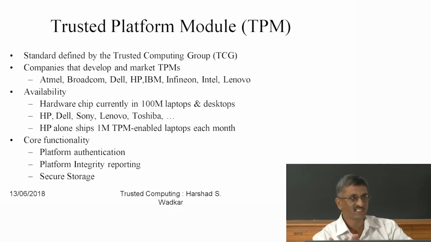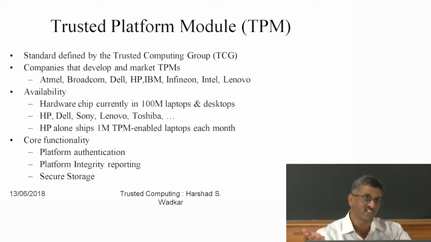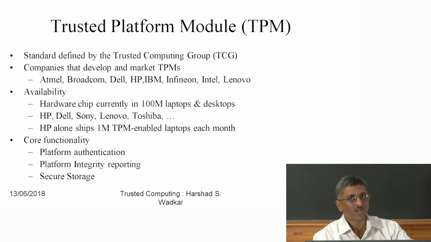From where can I get this? I need to store hashes, right? The hash value of the OS and different other applications. I have started the operating system and my OS has come up. I want to start the VI editor, but how will I come to know that my VI editor is not tampered? Or that the Firefox browser that I want to open is not tampered? How do I come to know? I require